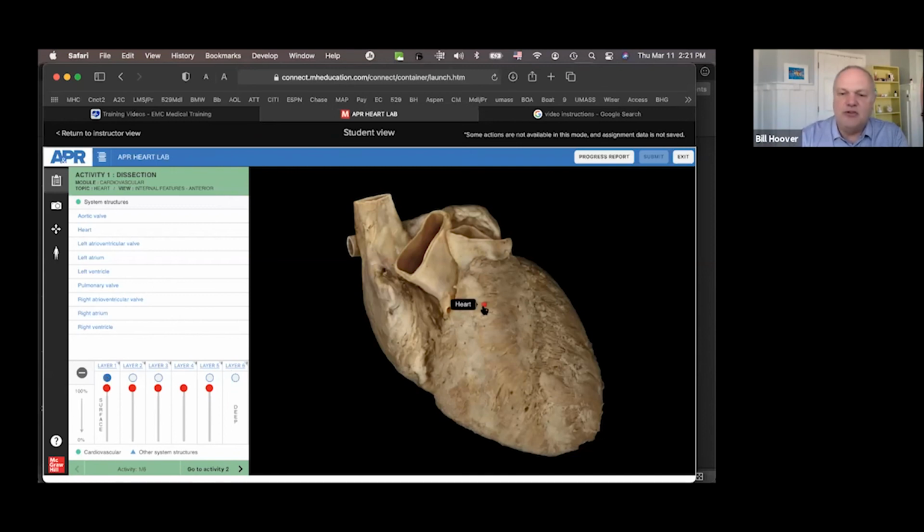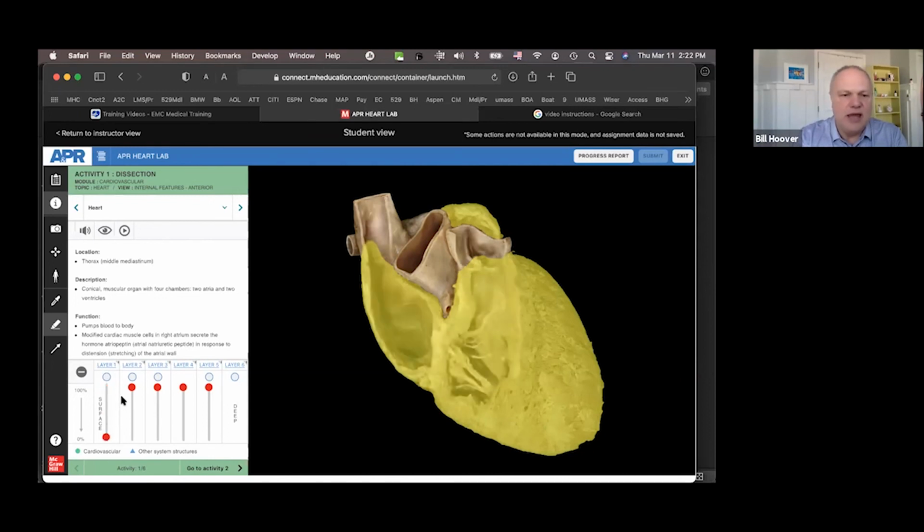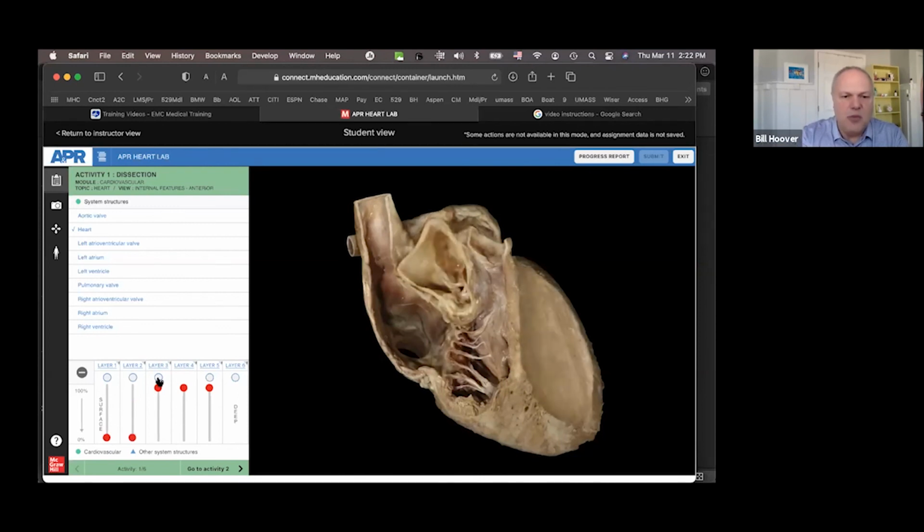They can hover, and this is what I would consider almost like an open lab, where if there were pins that you placed for a review for your lab midterm, they would be able to hover and see them, just like if you had pinned them in an open lab. But whenever they click on it, it actually will highlight that structure. Okay, and then if we want to pull or dissect away layers, we can, right? So now we can put in new pins. And again, if we want to dissect away even more of the heart, we can, and put in new pins